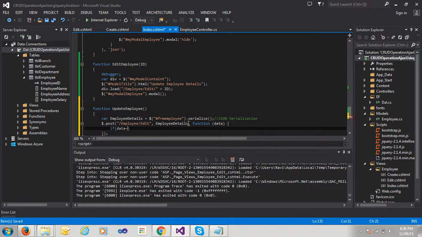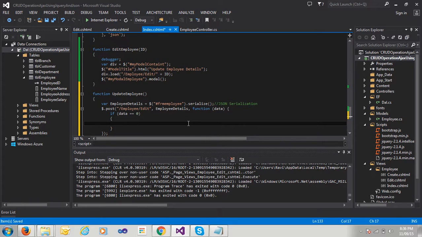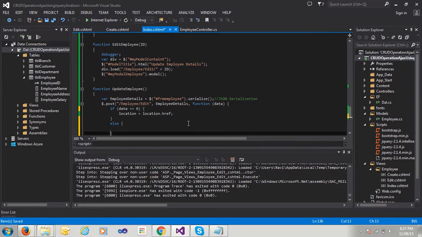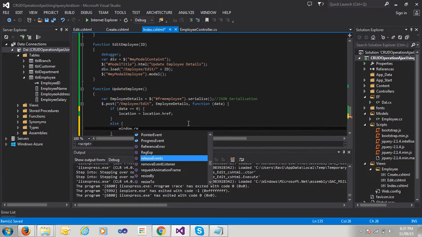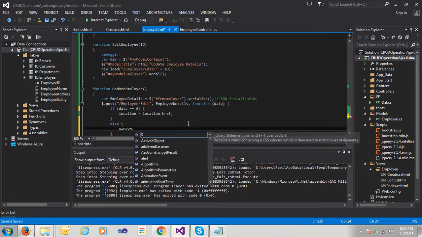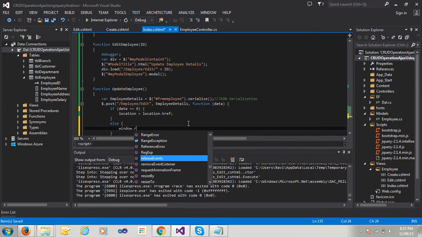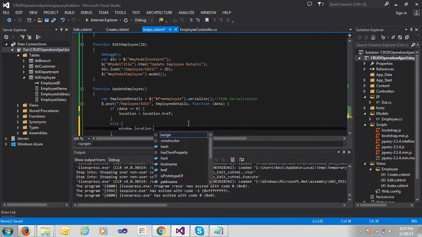If data has a 0, then you can pass message whatever you want. Now for the simple application I am using a location is equal to location.href, and suppose if success, then I need to reload data, right? So window dot request location dot replace, or if you want to use reload, it is also possible. Reload and not a reload,